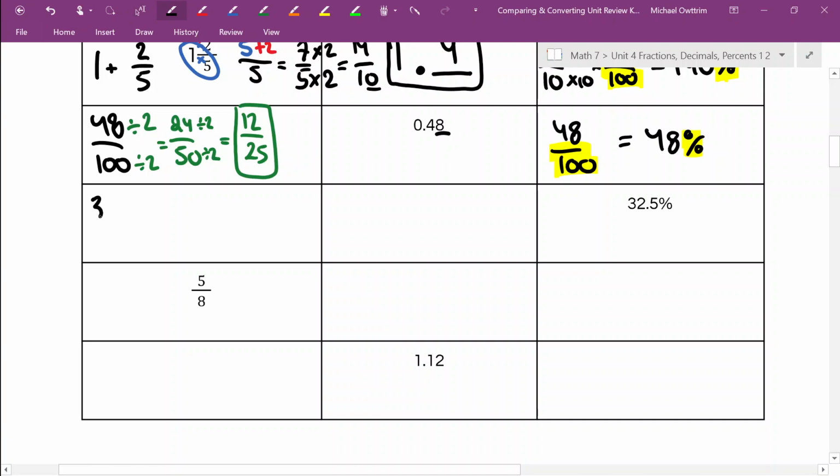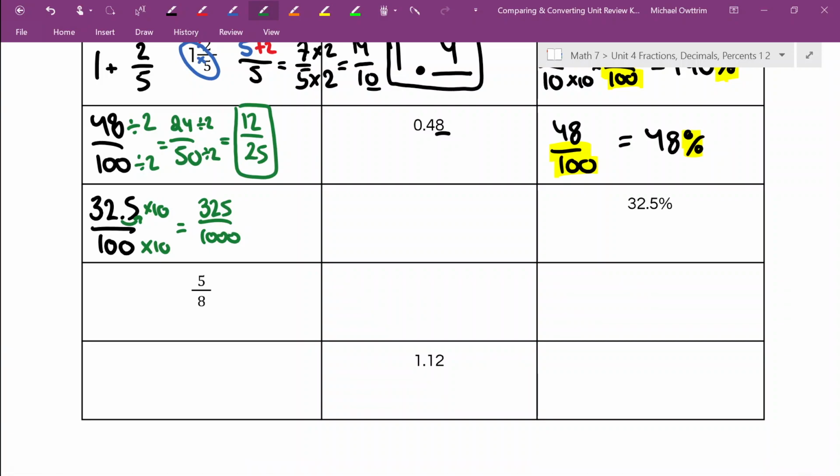32.5%, we're going to start with 32.5 instead of percent out of 100. We need to move that dot 1 time to the right, so we're going to multiply by 10. That's going to give us 325 out of 1,000. And in this case, we can actually go ahead and divide by something like 25 if we wanted to simplify this. We do know that it is going to divide by 5, since they're both ending in 5 or 0. It's going to give us 200 on the bottom and